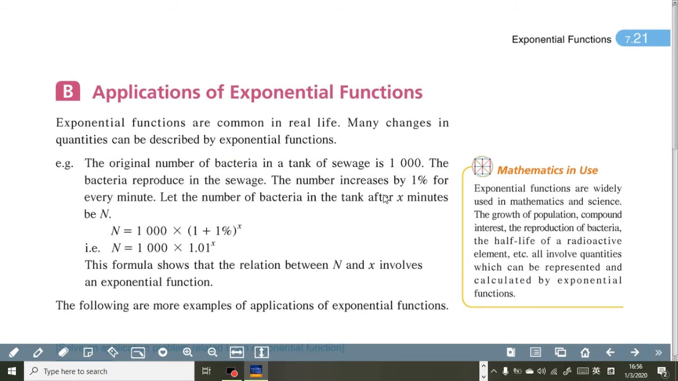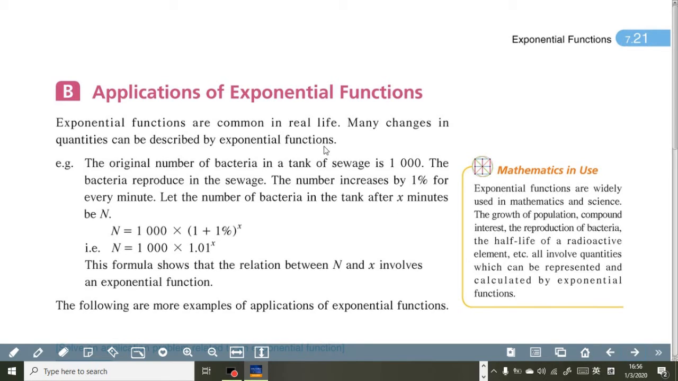The last part of chapter 7 is about the application of the exponential function. This function is always found in daily life. The change of a quantity will be described like an exponential function. You learned about compound interest in Form 3. That means, or maybe it is called, a successive increase of